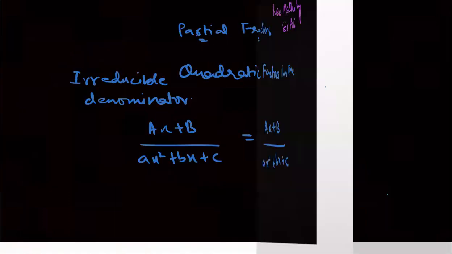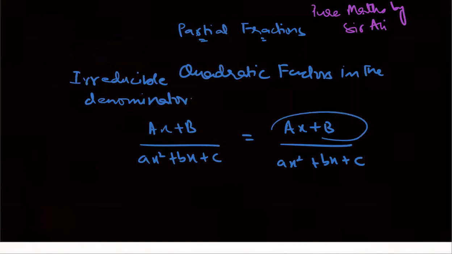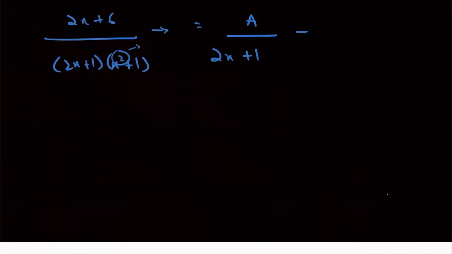For example, if the function is given 2x plus 6 divided by 2x plus 1 over x square plus 2. So how will we write it in partial fractions? It can be written as a over 2x plus 1. But since there is a power of square, that is a quadratic, and we know that when a quadratic comes, the numerator becomes ax plus b. So it can be written as bx plus c upon x square plus 2.